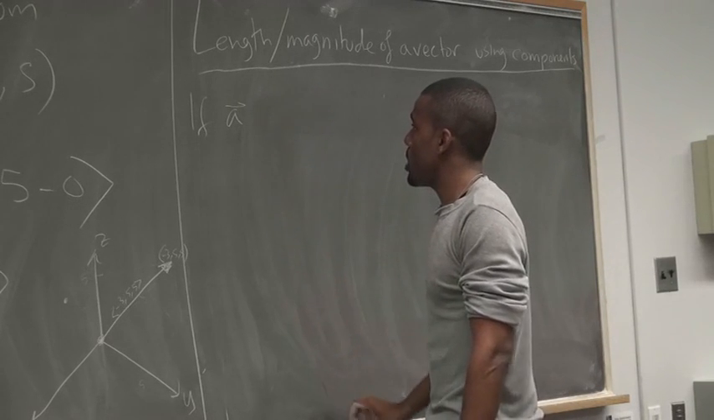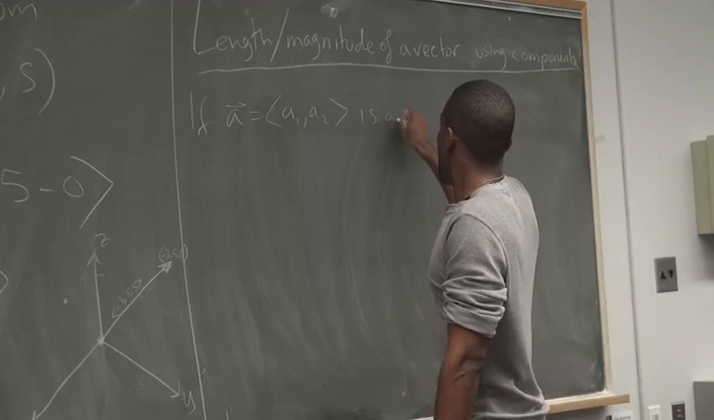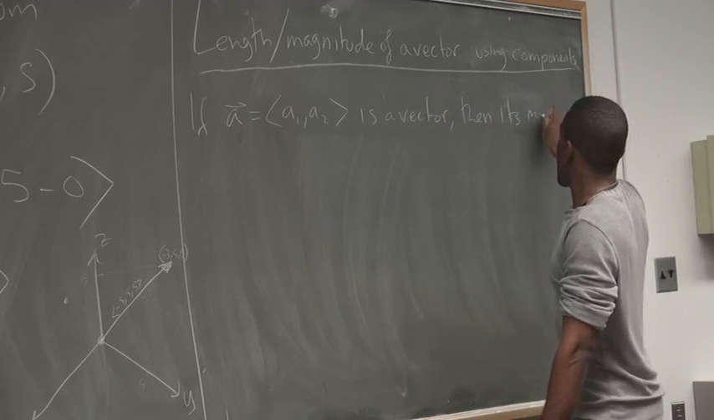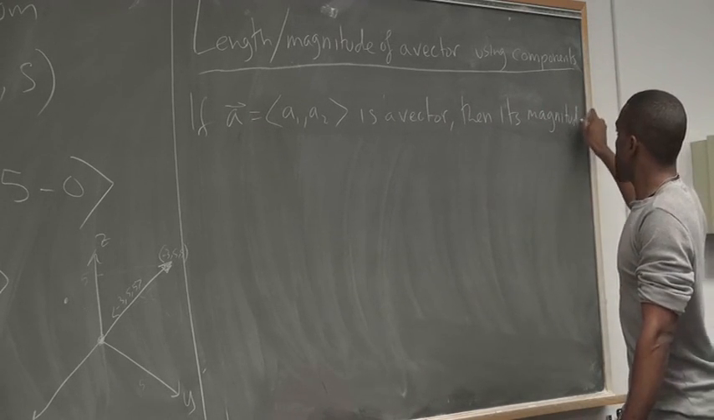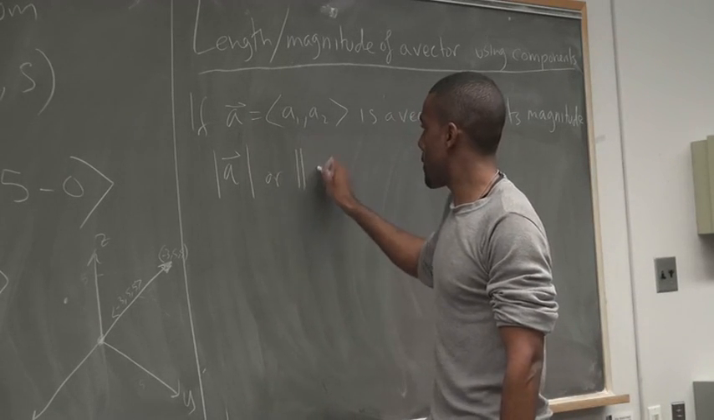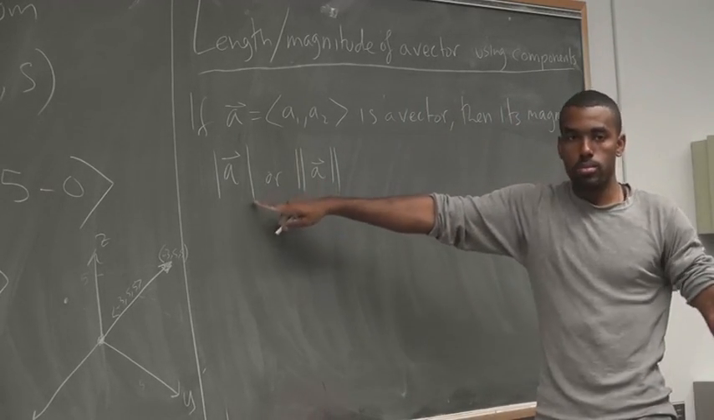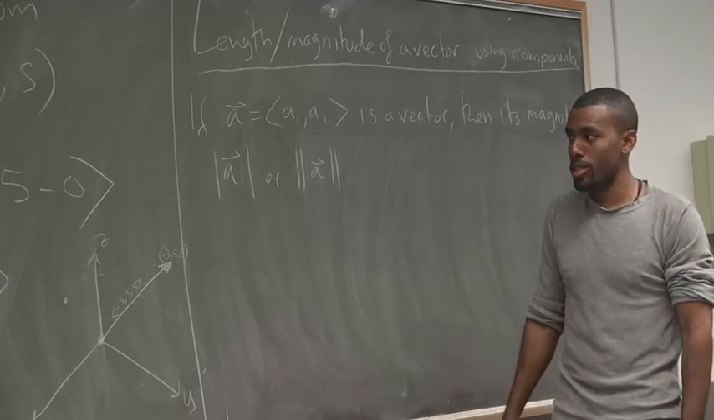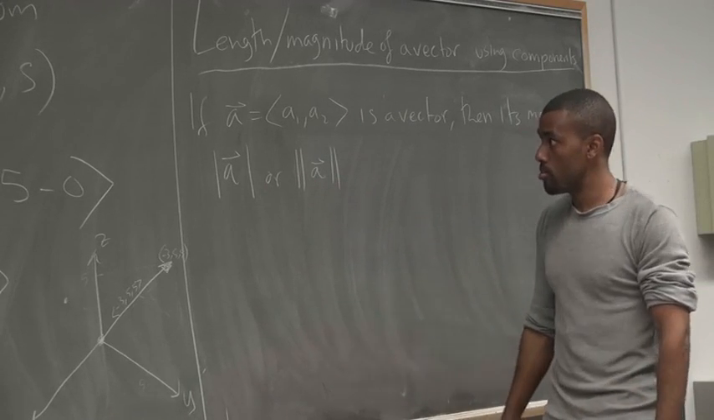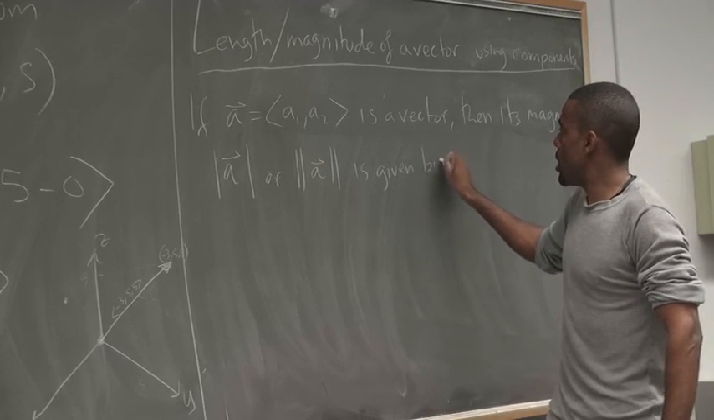Say if A equals A1, A2, some people like to do double bars when they're talking about the magnitude of a vector to distinguish it from scalar absolute values, but you don't have to. Either one you write, I'll consider fine. It is given by